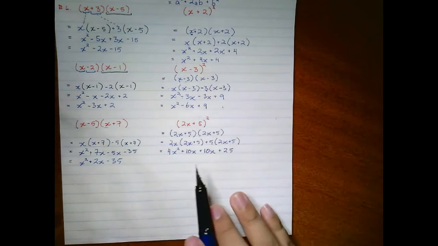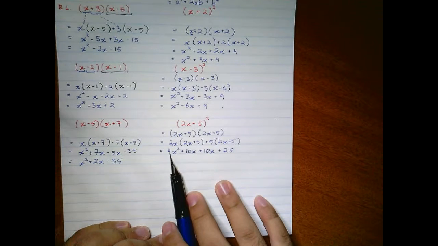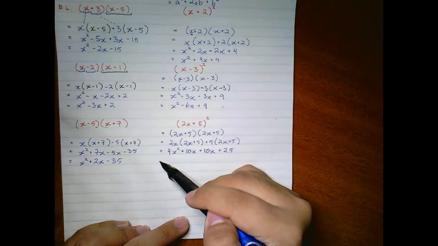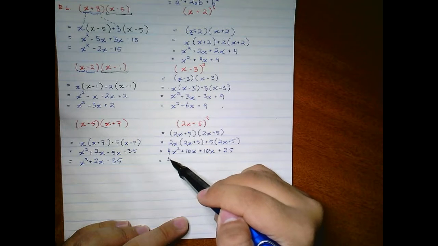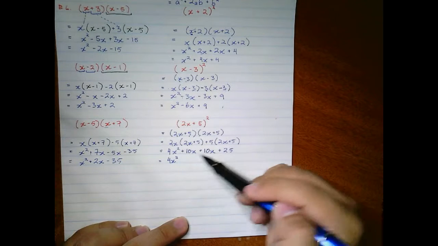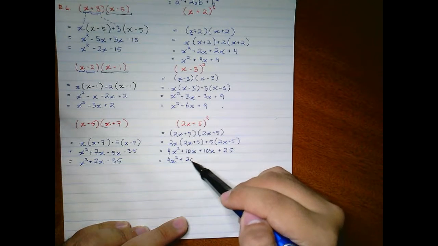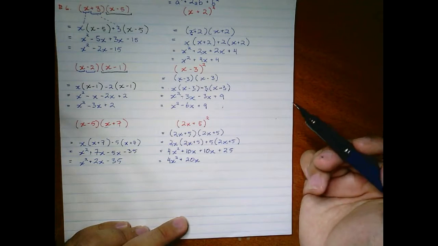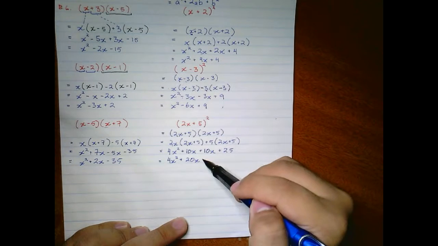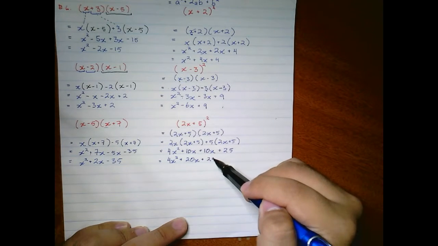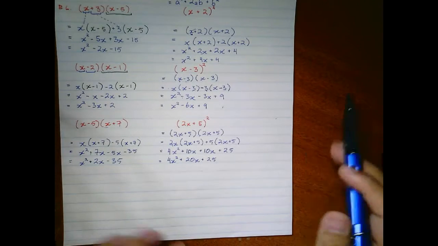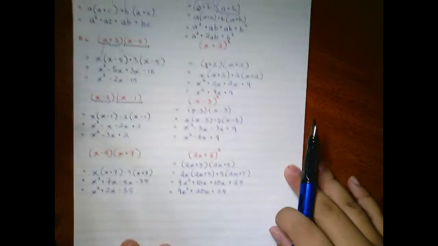Collecting like terms, 4x squared is on its own. 10x and 10x is 20x. And 25 is on its own here. Plus 25. And that there is